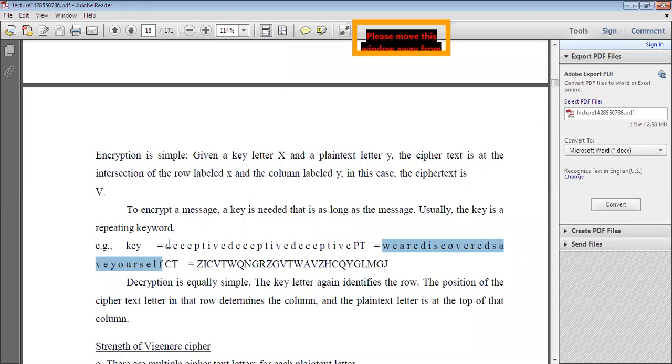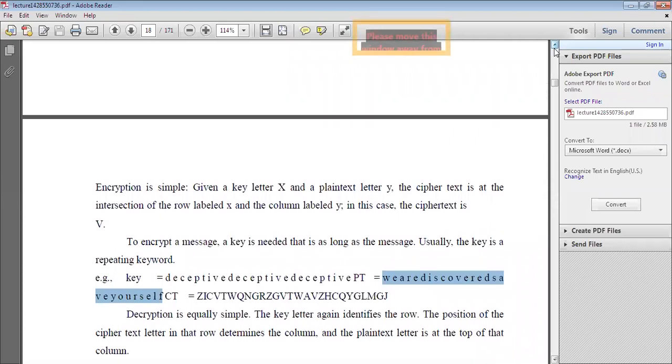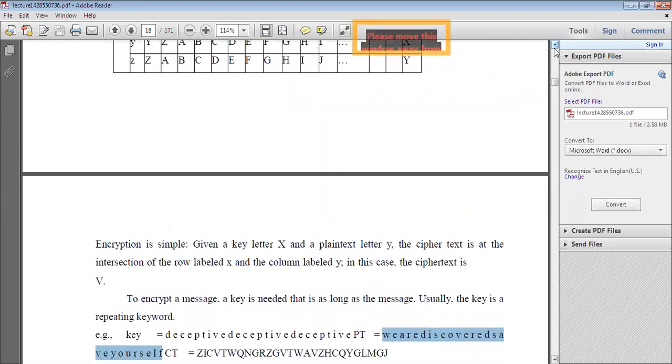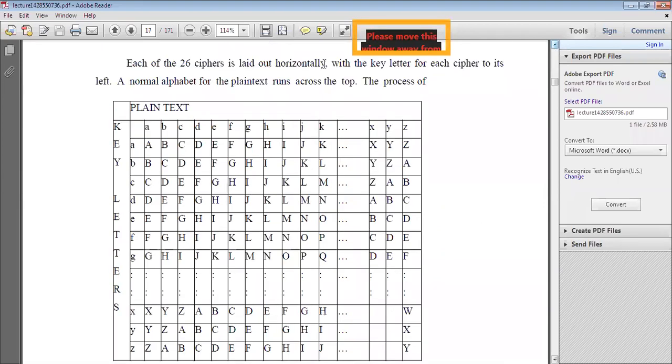After creating the key for the plain text, now you want to convert this plain text into cipher text. We convert it using the 26 by 26 matrix.